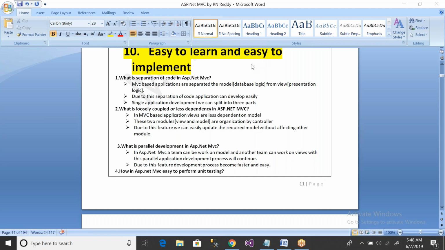Have you received two books, or did you receive only one book yesterday? Only the step-by-step book, sir. Yes, I shared the interview question bank also, because it is better to start interview preparation from now onwards. In MVC, only at the start we have the theoretical part, later the complete coding part.